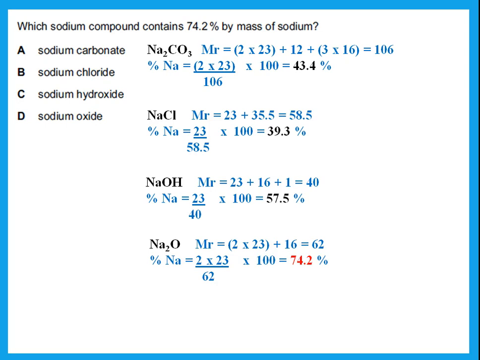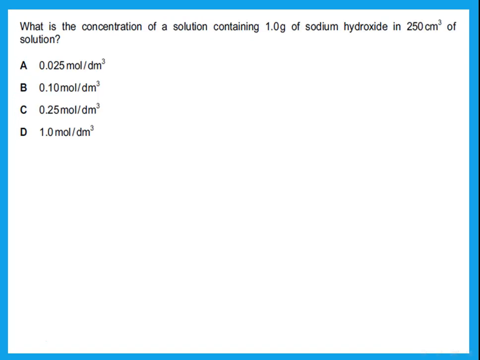Sodium oxide, I get the molecular mass, and the percent of sodium is 2 times 23 over the total times 100, and this is the one that has 74.2% by mass sodium. Okay, what is the concentration of a solution containing 1 gram of sodium hydroxide in 250